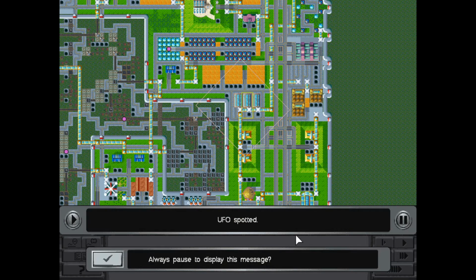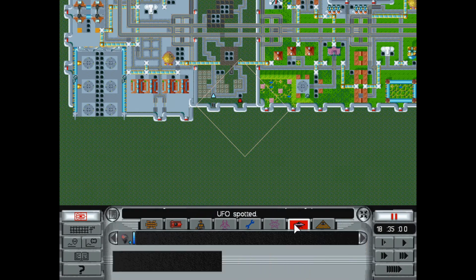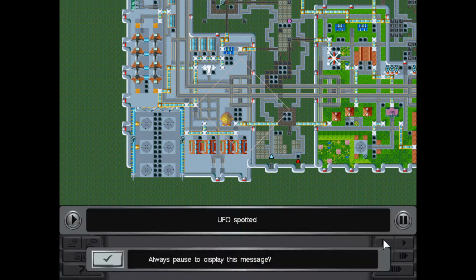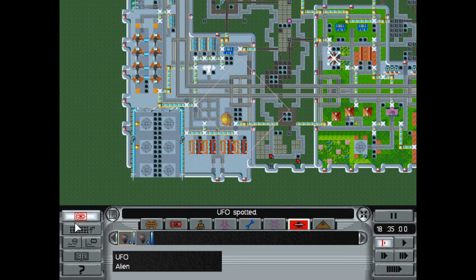And we have ourselves UFOs. Not even a day passed, and okay, so let's see what we're up against now. Yep, we still have one of those transport fleets. What else? One more transport. And some defense crafts here. Okay, so this is...